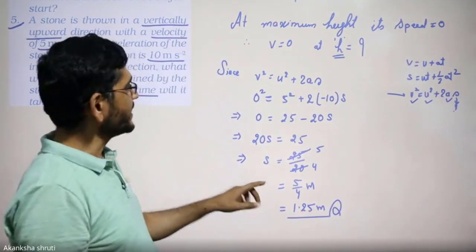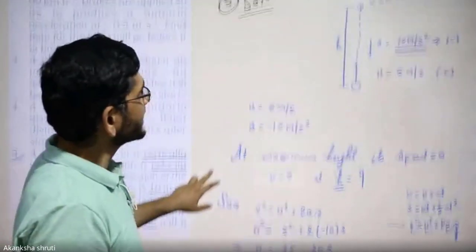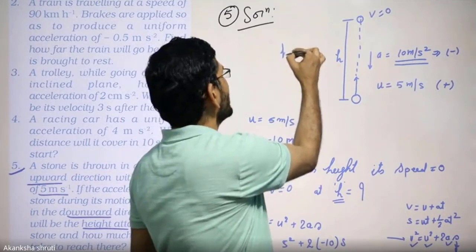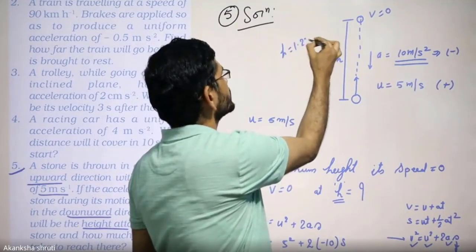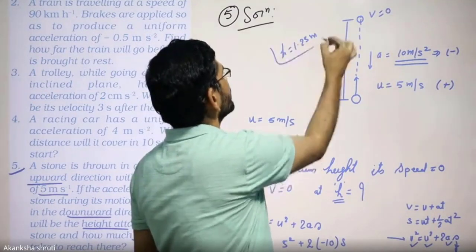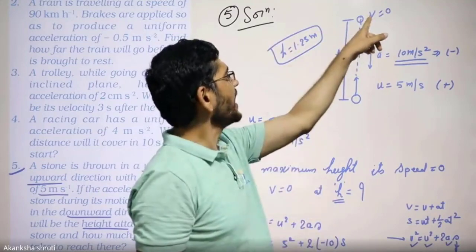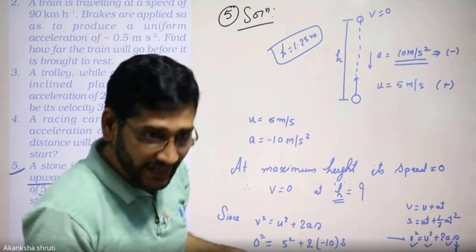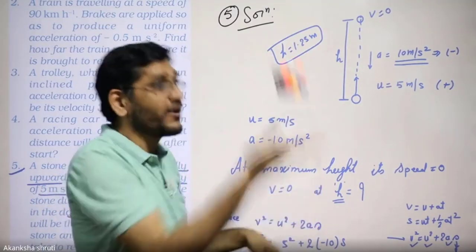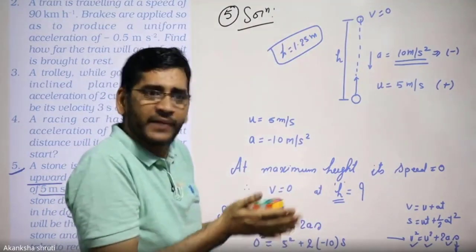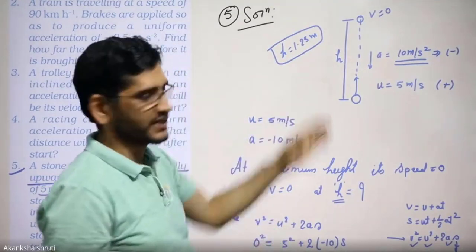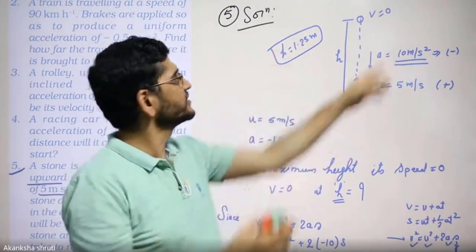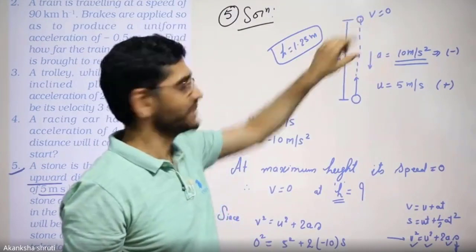So this way we are observing that this body can go to a maximum height h is equal to 1.25 meter only. At this height the velocity becomes 0, then it will return back. Like I am just throwing it upward, it has slightly gone up, again returns. So it is something like that. It returns at the top of its journey, the speed becomes 0. That is the maximum height.